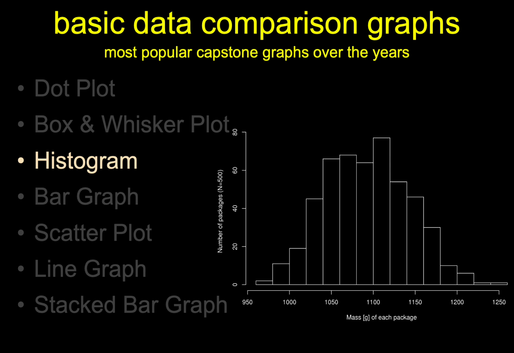Either the absolute number or the relative proportion. Same thing in terms of a histogram. And then the next guy, and the next guy, and the next guy. And so what we see is as we move towards 1,100 grams, we start to see more packages in this weight. And then once we get north of that 1,100, it's less common to have packages that